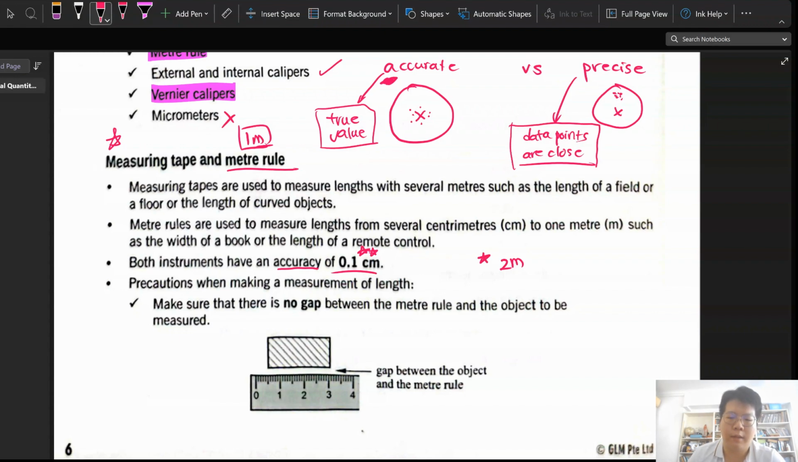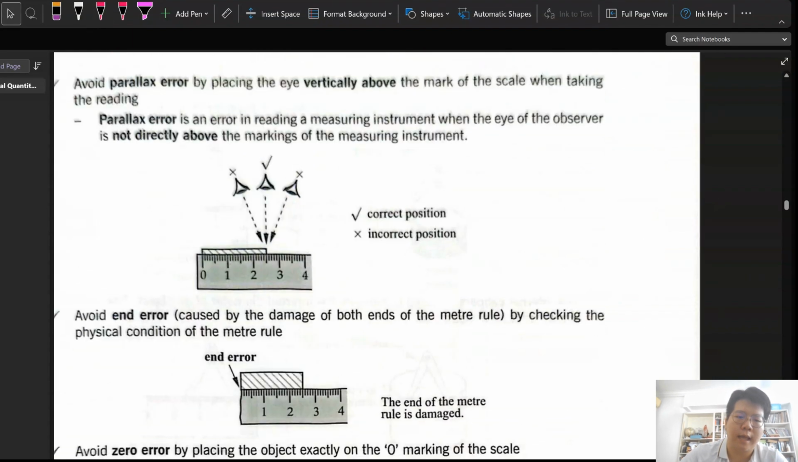measuring tape instead. Another situation where we use measuring tape instead of meter ruler is when we are measuring a curved surface. For example, if you want to measure the circumference of a tree, obviously we cannot use a meter ruler because we are unable to bend it. So measuring tape will be used instead. Okay, now